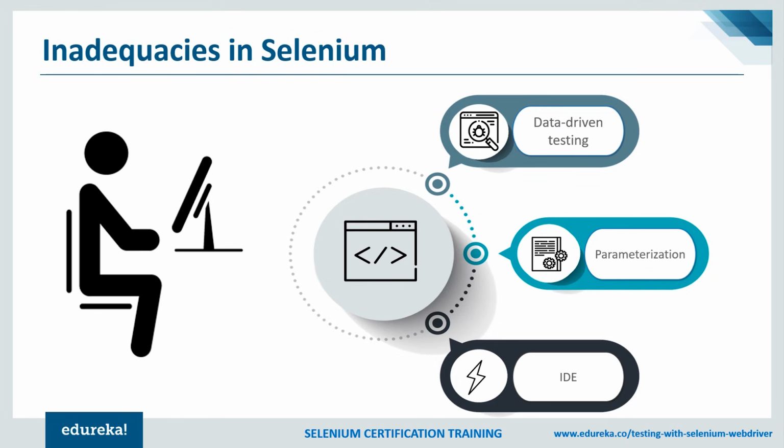So what happens in parameterization? You can provide different input values through external parameters. So now you have only parameters in your test script. You don't have any input values. So these parameters accept different input values. So what is the utility of this? It enables us to reuse the test commands. Yes, because there are no hard-coded values out there. We can share the test data and also create a more flexible test process.